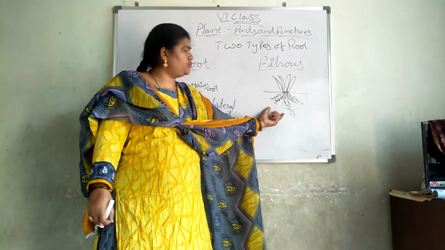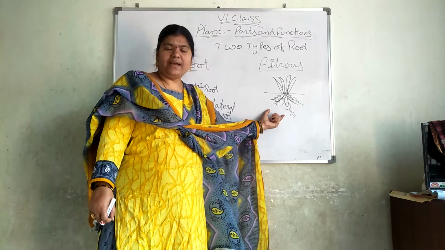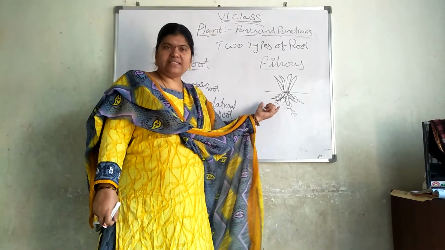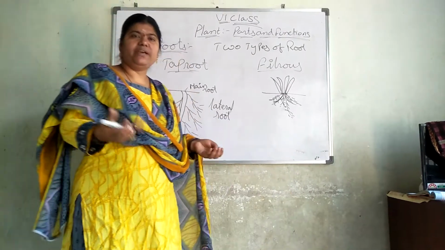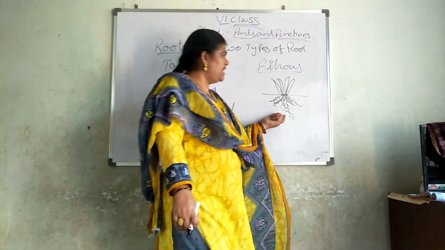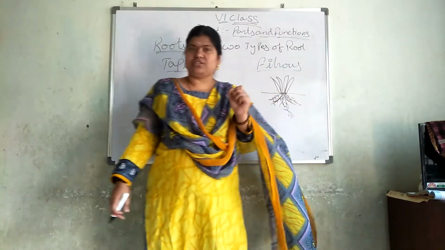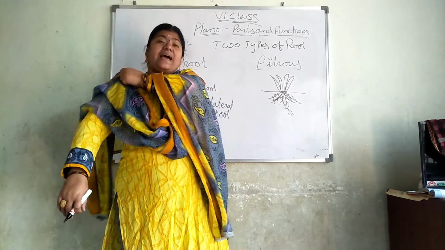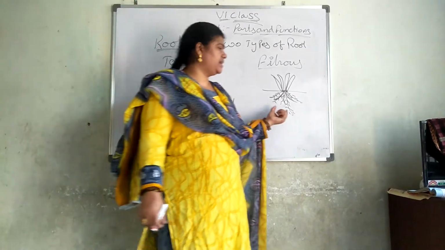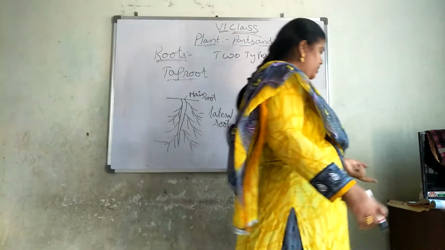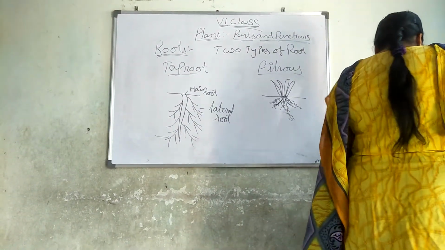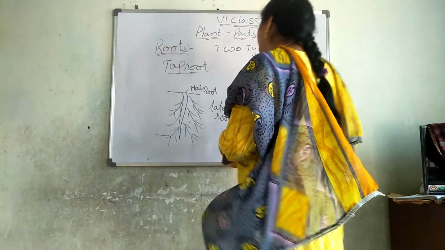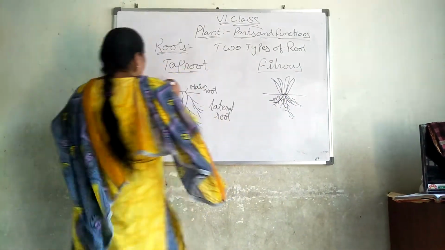Coming to the fibrous root system, it is very easy to pluck, like paddy, maize, grass, etc. It will not be difficult. If you pour a little water, we can pluck it out. These are called light hair-like structures. What we will say is that light hair-like structures come under the fibrous root system. So here also we are having a table for us. The main root becomes thick and the thin rootlets will be present. That is called the main root.